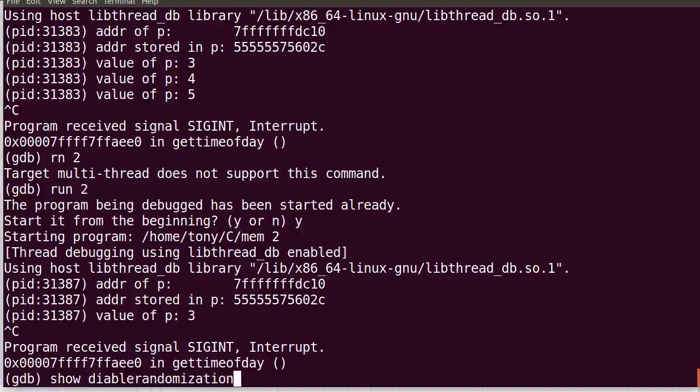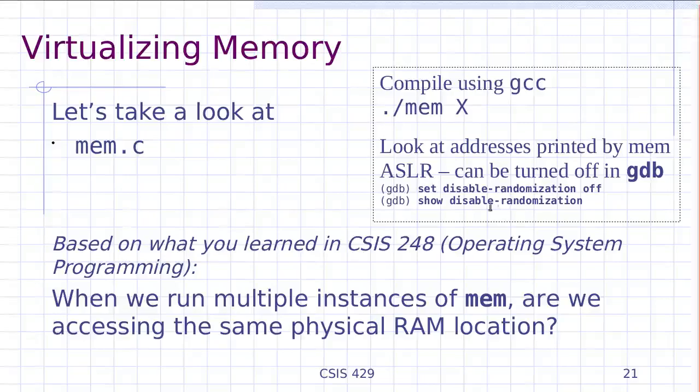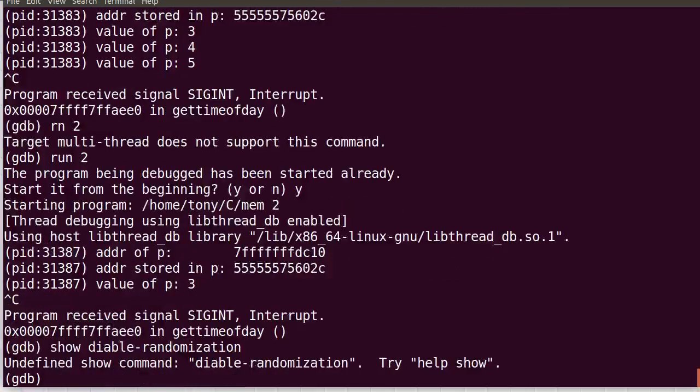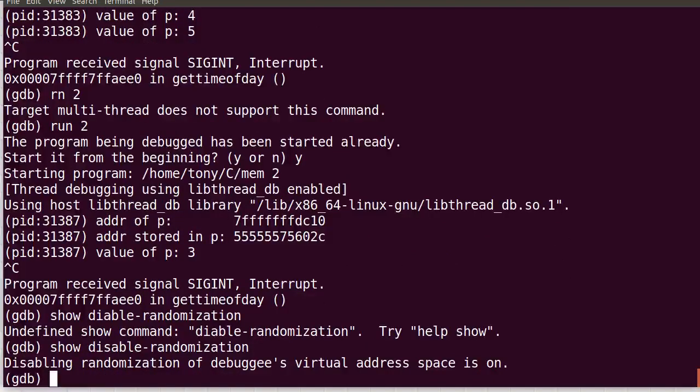I think I probably need a hyphen. Just did a backspace. Oops. Disable. Disabling of the debuggee's virtual address space is on. Okay, so I did disable it earlier, and that's why